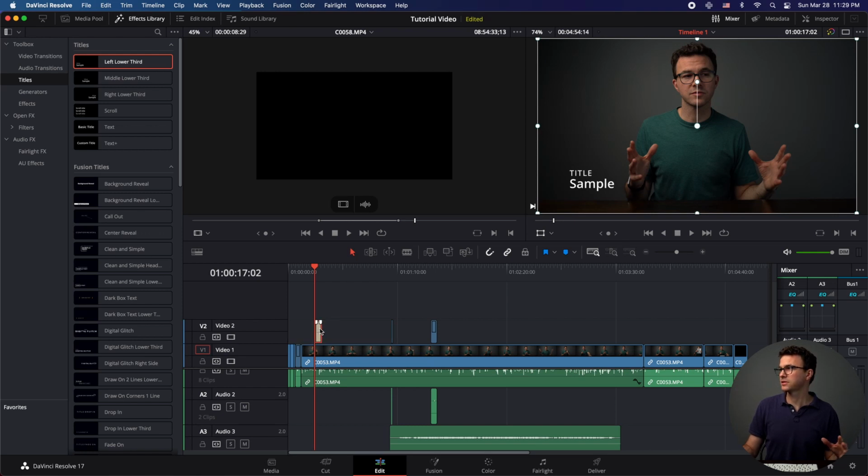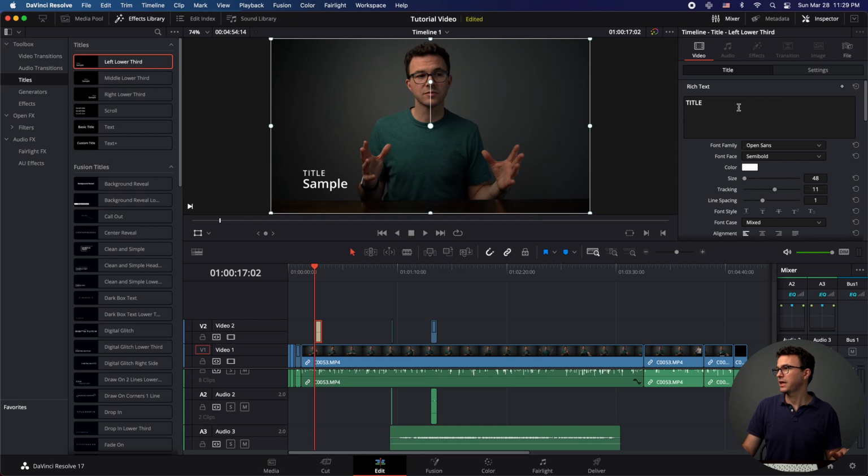So I can click on this. Again, the same with everything else. If you want to edit something, you can then click here and then go to inspector. And what do you know, we have here is the title. So Jeff Thalen. So I have Open Sans bold, the size, maybe I want to make it so I can drag it slightly larger. So I can make it really big. Let's see, 68, let's say.